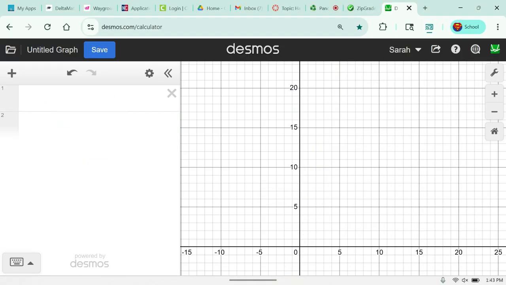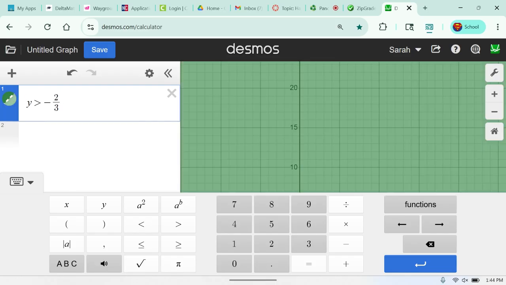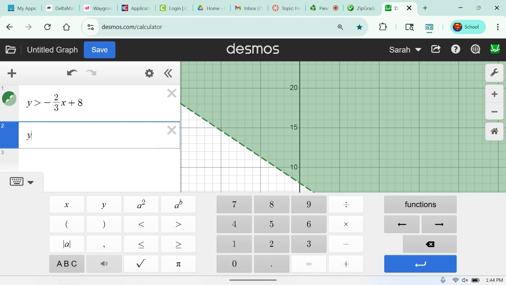So in Desmos, I'm going to type in, and make sure you type in the y. Y is less than or equal to, wait, is it less than or greater than? No, that's definitely greater than. What was it? Negative 2/3 plus 8/3. How do we do less than or greater than? You have to go to the keyboard on the screen in Desmos. The other one was less. Y is greater than or equal to what? X squared minus 10 plus